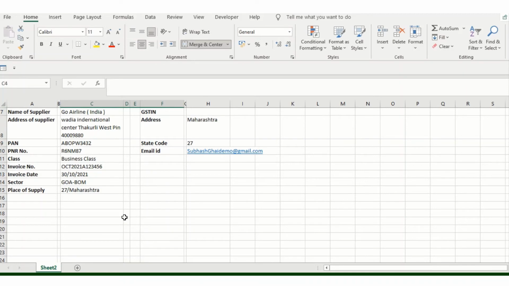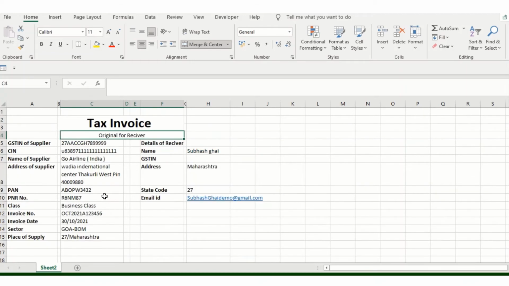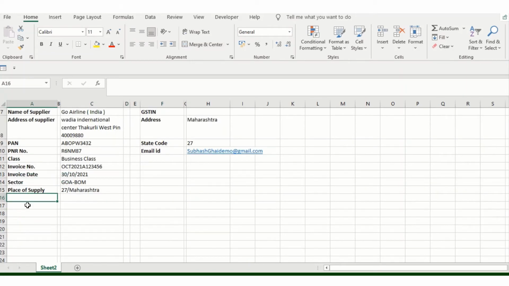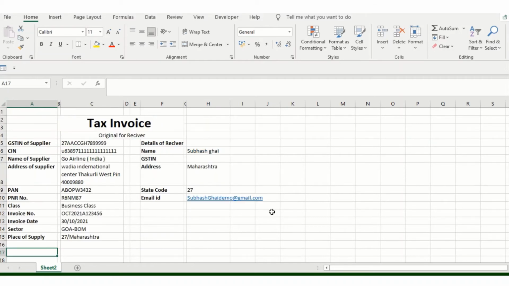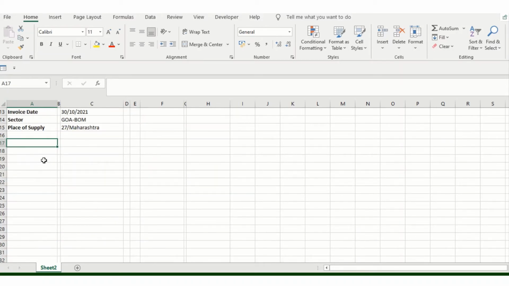Now we need to have a bifurcation of whatever charges we have added on the customer's account. So we need to ensure that we are adding the columns here.